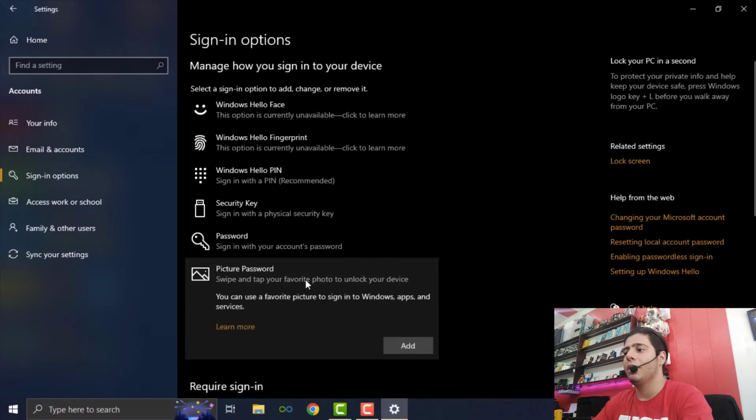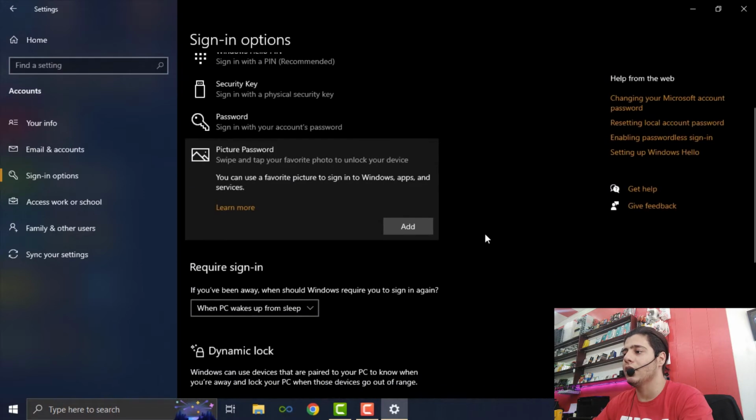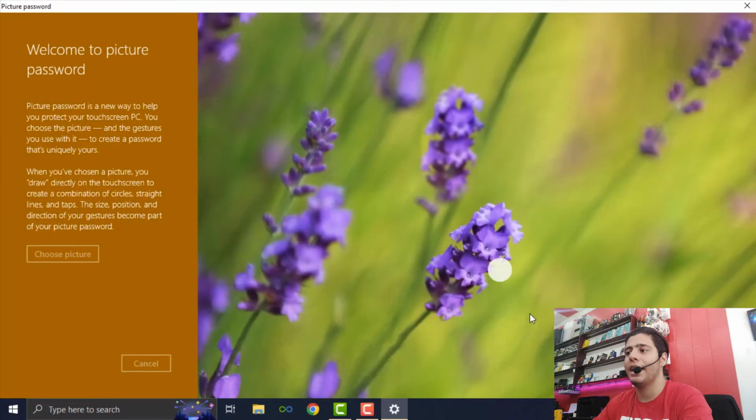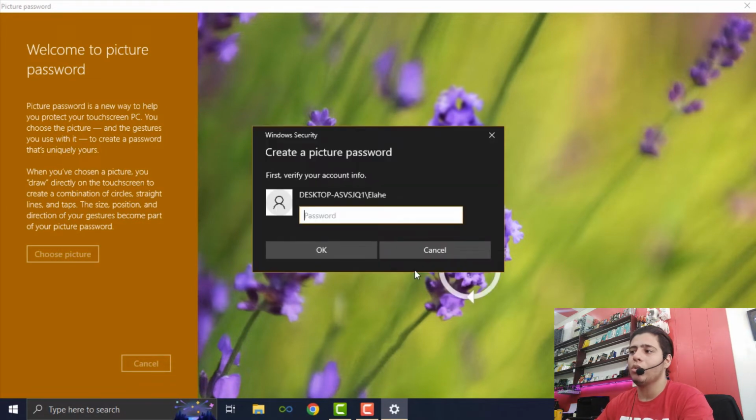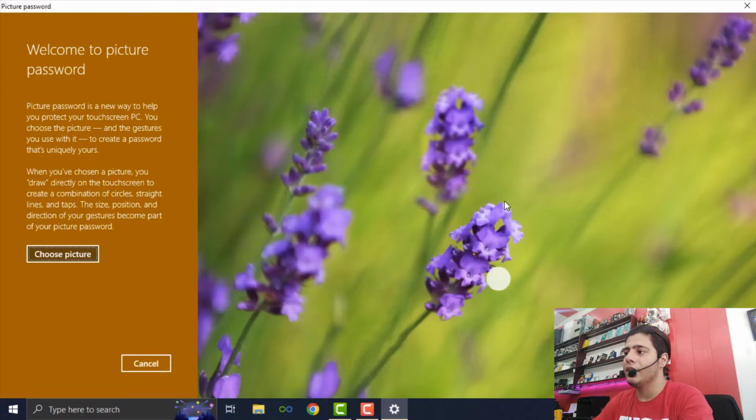I press picture password. In here you will see you need to add a picture. I press add. As you can see, it's going to tell you at first you need to type your password. Okay, it says you have many options. You can do a round, and you can do these things. It's going to tell you you can do these two ways to set a password for your picture. I choose a picture. I press that,